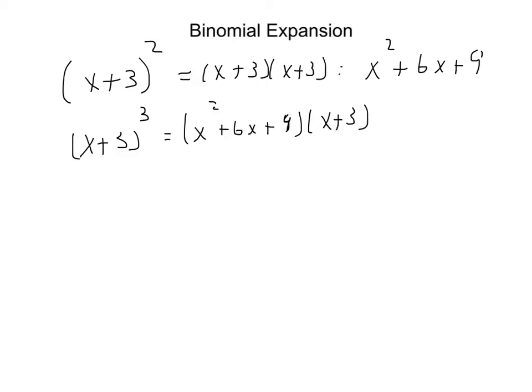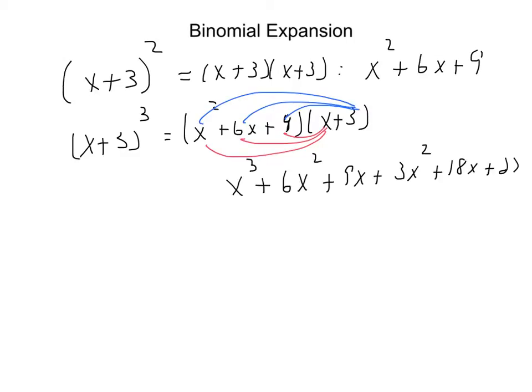And so I would need to multiply the x by the x squared, the 6x, and the 9, and then I would multiply the 3 by the x squared, the 6x, and the 9. And so what I would end up with is x cubed plus 6x squared plus 9x plus 3x squared plus 18x plus 27. And when I combine like terms, I would get x cubed plus 9x squared plus 27x plus another 27. And then let's say I ask you to do